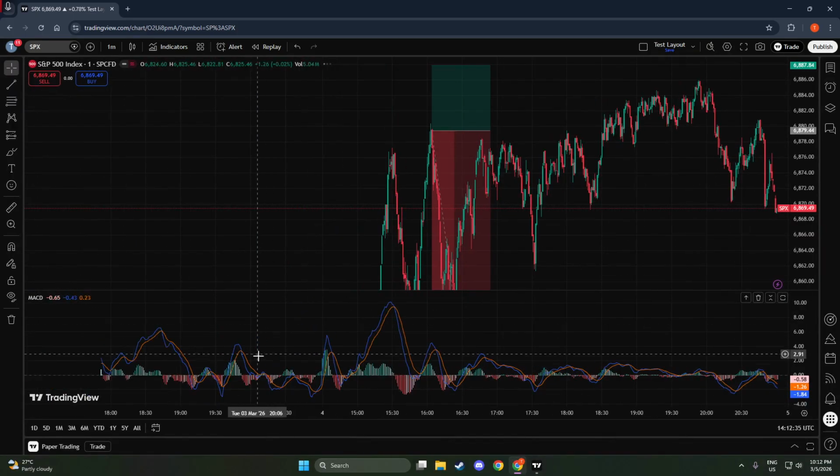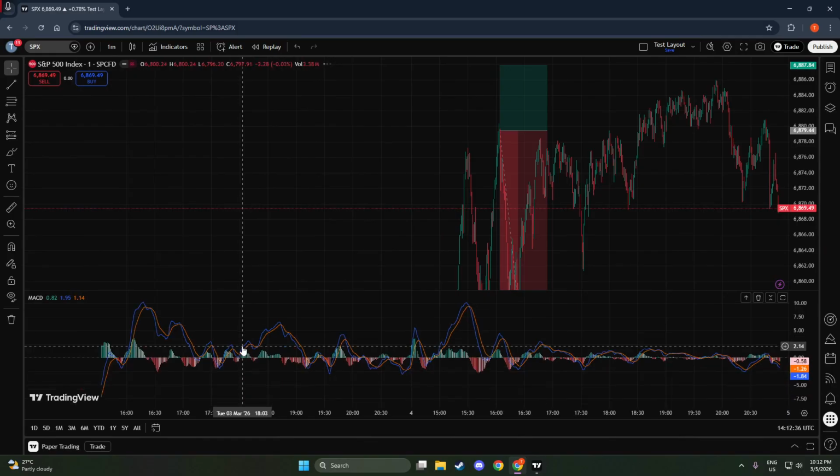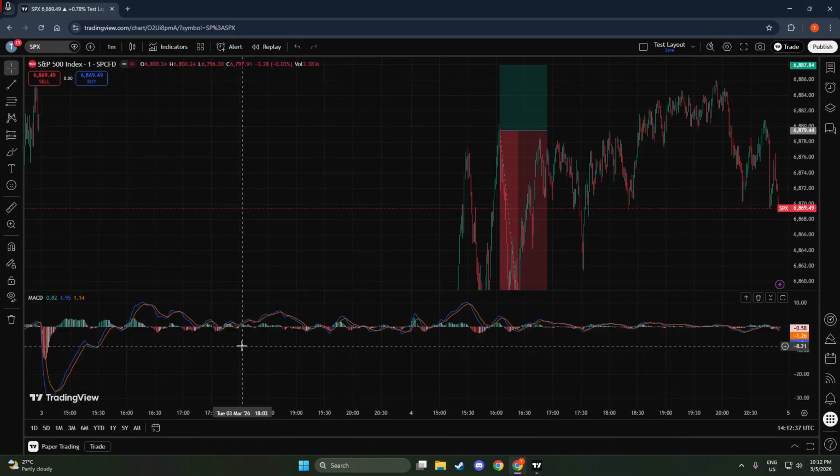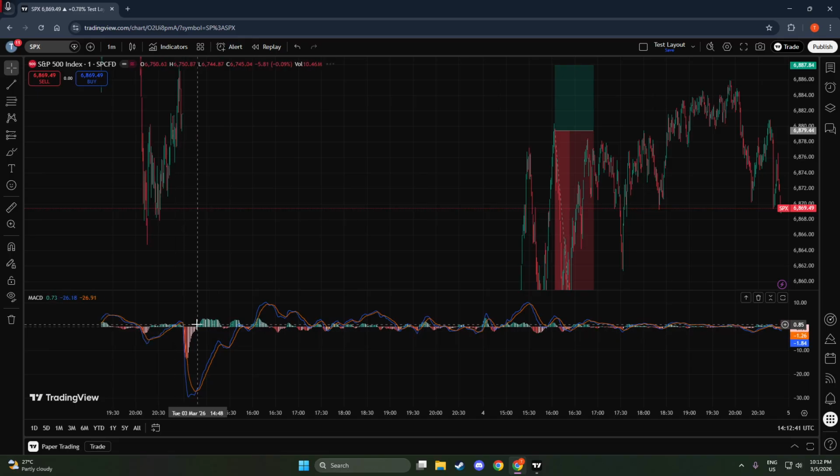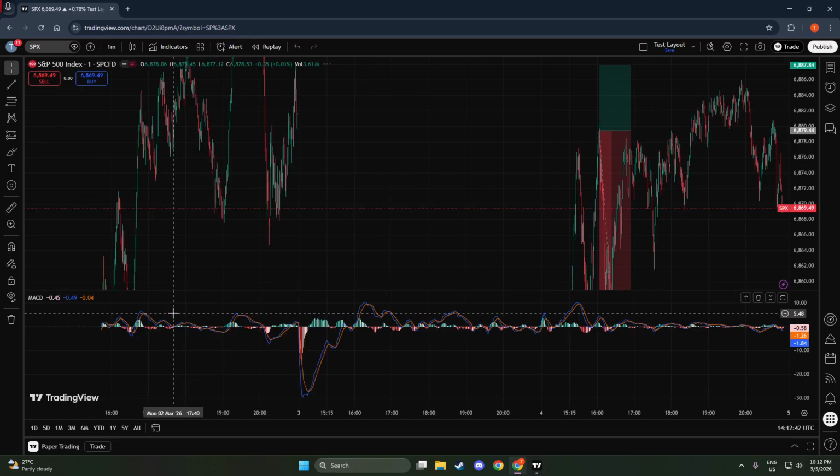Crossovers between the MACD line and the signal line often catch traders' attention, as do moves above or below the zero line, which can hint at bullish or bearish momentum. None of this requires any extra setup right now. Simply watching how the indicator responds as you move through different parts of the chart will help you get familiar